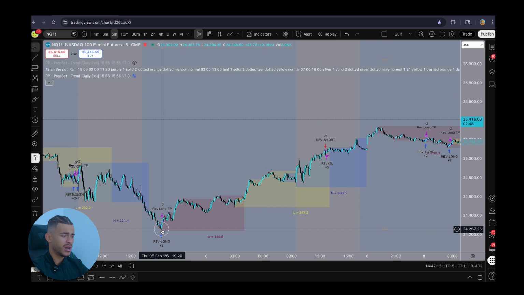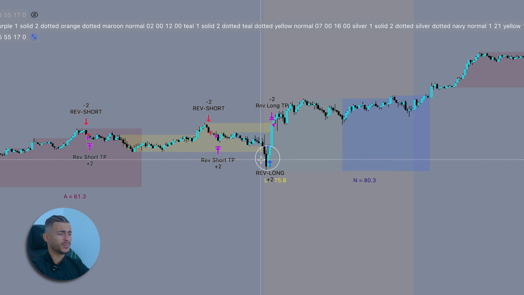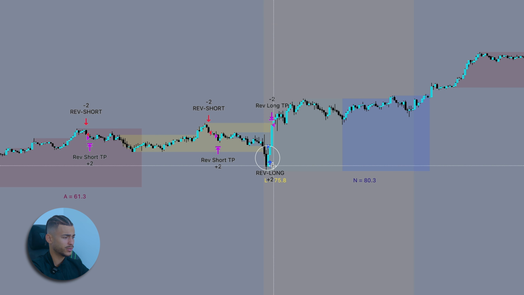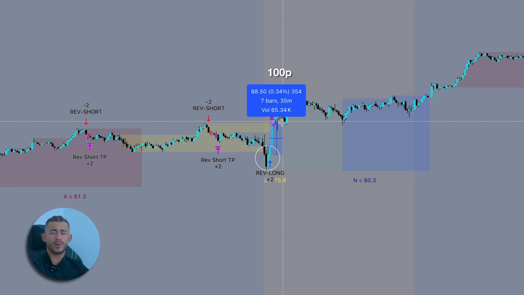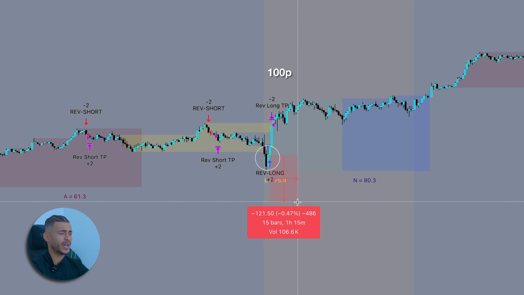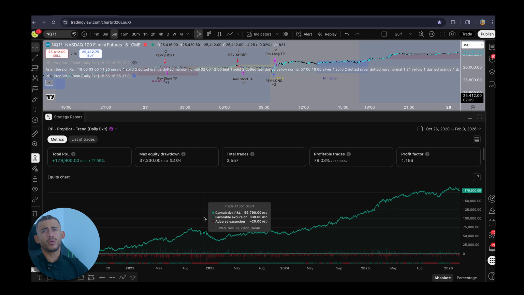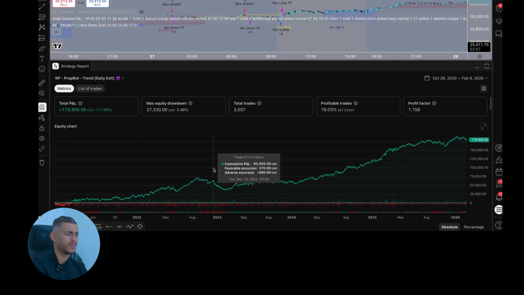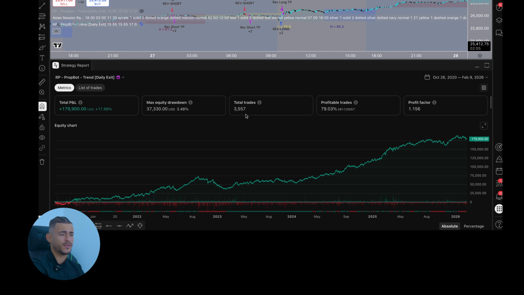You can see that we entered some longs right here at this Asia low, and then we got out for a quick scalp. Right here, we entered some longs at this untested London low, and then we got out for a nice profit of around 100 points on that specific trade. Remember guys, this is a scalping bot, so we're not trying to catch the whole move, we're just trying to catch a scalp. The important thing here is that you guys can see the P&L curve over literally 3,557 trades